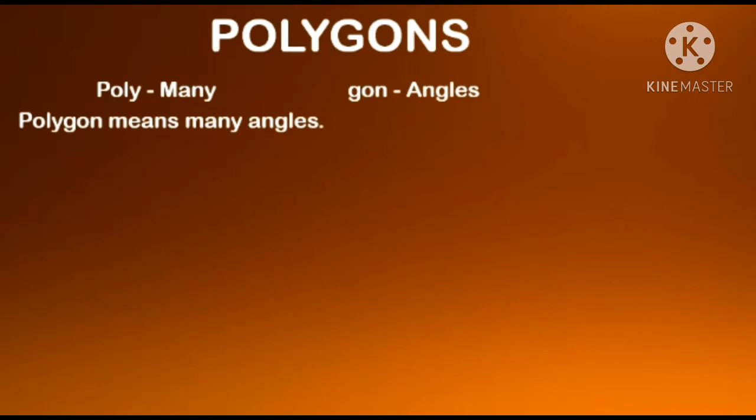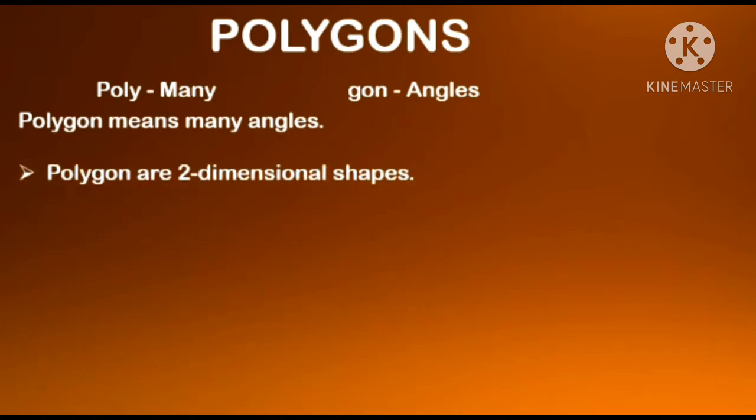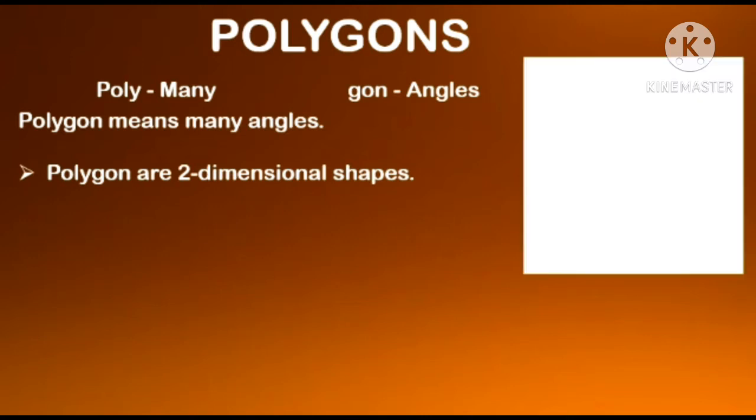In this lesson, first we need to understand what is a polygon and what is not a polygon. For that, we need to know about some specific properties of polygons. The first property is polygons are two-dimensional flat shapes. That means all sides of polygons lie on the same plane. Can you say one example of a two-dimensional shape? Yes, exactly, triangles. Triangle is an example of a polygon.